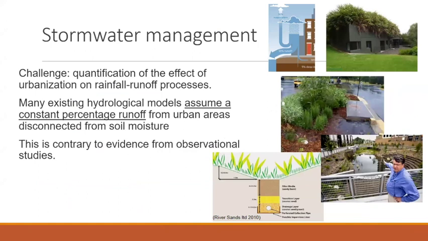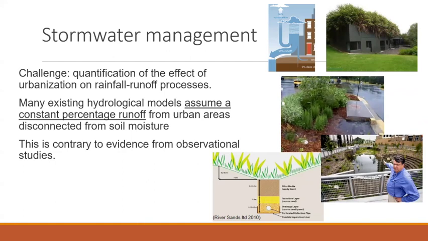So one of the main issues, again, going back to the runoff issue, is stormwater management. We no longer look at cities and want to manage runoff just to get rid of it and get it to the storm sewer system. We want to create multifunctional spaces which provide this ecosystem service at least partially for us, such as rain gardens and just green spaces and so on. And so to measure or assess how well they perform, we need soil moisture measurements.